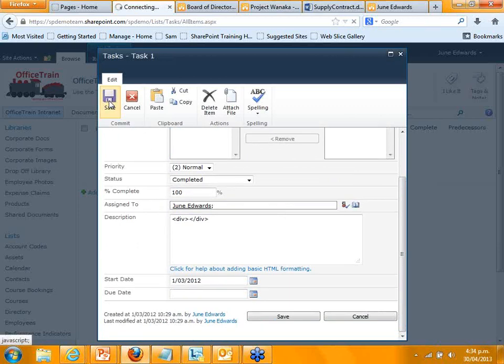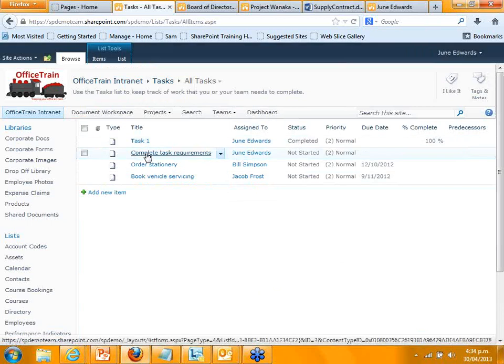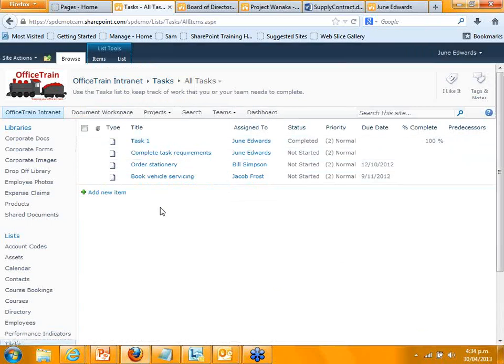Now, I use this a lot on projects. So on your project site, this would be great, or within any organisation, if you're trying to manage projects or any kind of tasks, you can use task lists to do that. So that's one of the out-of-the-box templates. So that, I think, covers me off for talking about lists, at least at an overview level.